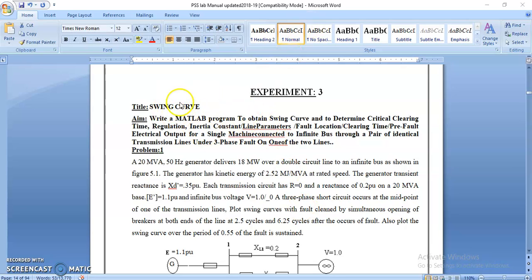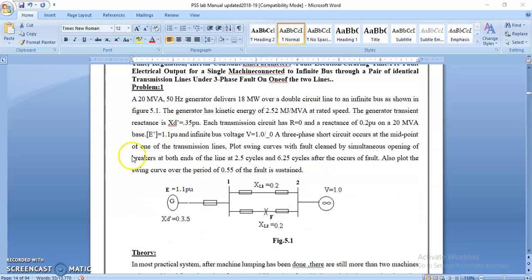And the swing curve we are getting is the power angle, and here we are discussing the fault analysis. Here they have specified 2 transmission lines, with bus 1 connected to the generator and bus 2 connected to the infinite bus bar. This is the problem they have specified, and what you have to calculate is the fault current before, during and after the fault. Based upon the different time periods, it will count and display the graph.